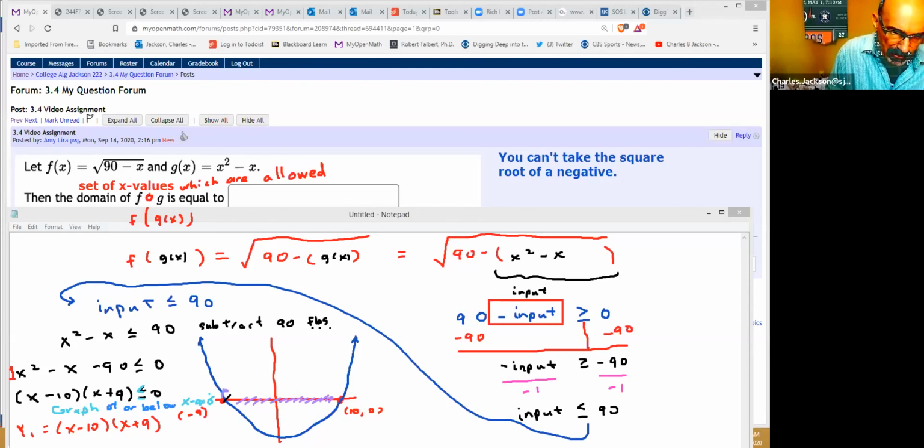So that includes everything from -9, and it includes everything up to and including 10. So the closed interval, -9 to 10, and that actually is our answer. Okay, so